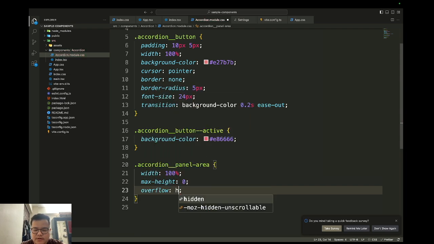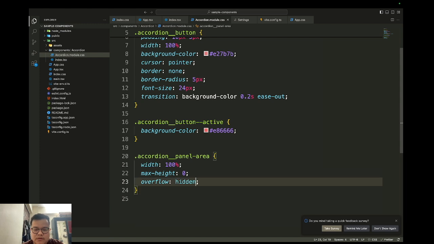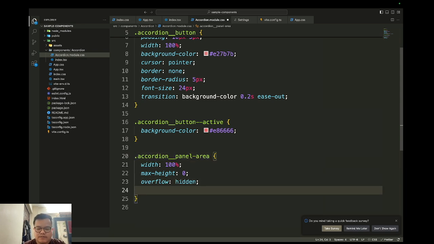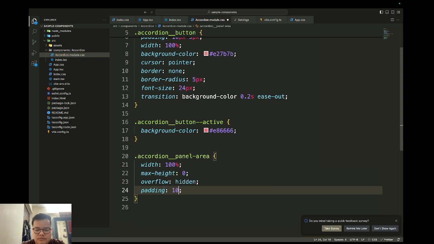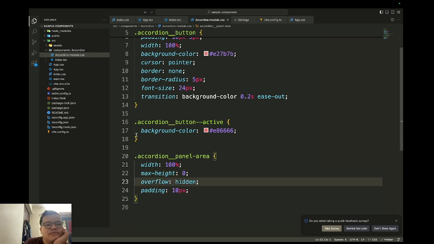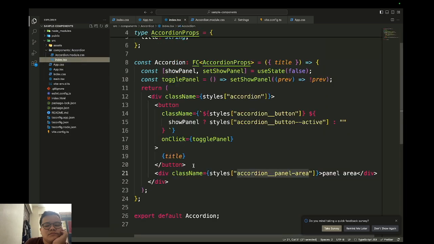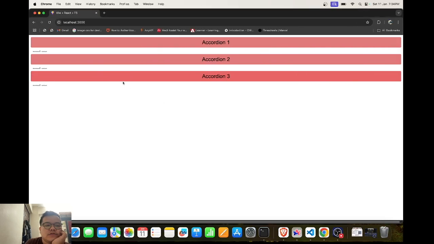Overflow can be hidden. Can keep this padding. Let's see. Okay,